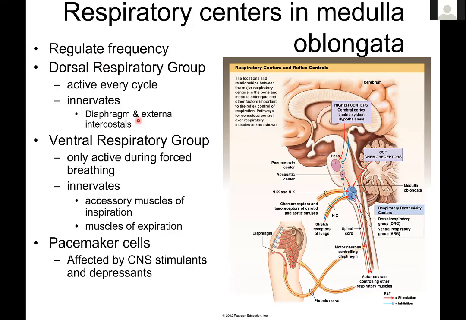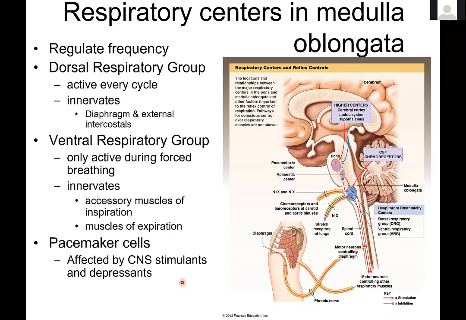Same deal here. So this is clinically relevant to you, especially if you're going to be a nurse and potentially administering drugs prescribed by a doctor and monitoring the effect of them on their patients. CNS stimulants and depressants are known to affect pacemaker cells, especially if they can cross the blood-brain barrier. So right now in the United States, we are in the middle of an opioid crisis, and overdoses on opioids